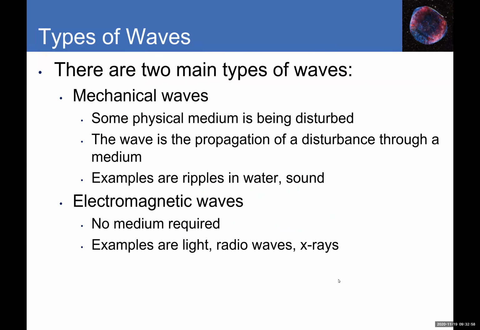All right. So generally the waves can be broken down into two main types. As I mentioned, there are mechanical waves and electromagnetic waves. So mechanical waves basically require some kind of physical medium. And generally the wave itself is considered to be some kind of disturbance. So for mechanical waves, you need to have a physical medium for the disturbance and for the propagation